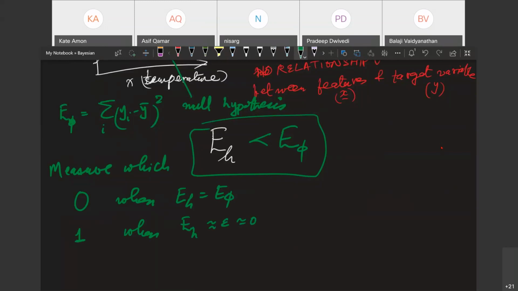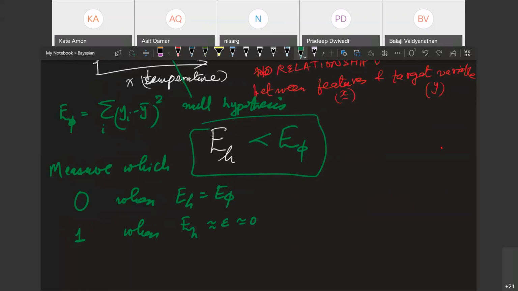The smaller the hypothesis error, because then you have gone from certain null hypothesis error to absolutely 0. So let's have a sliding scale. 0 is pathetic. 1 is a great model. So any realistic hypothesis should be between 0 and 1.